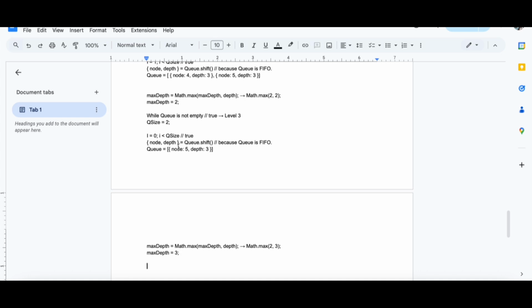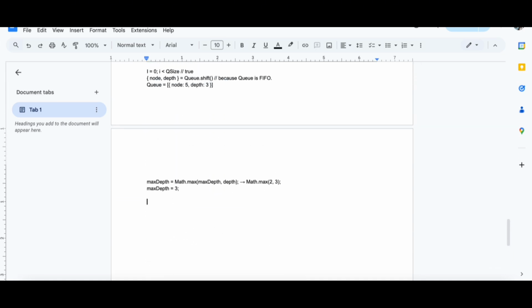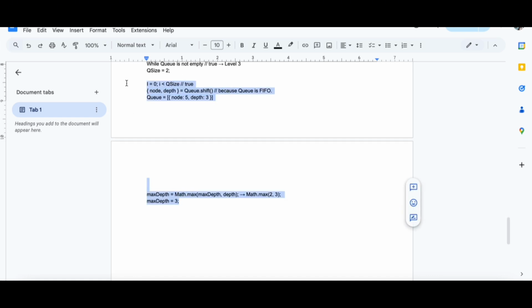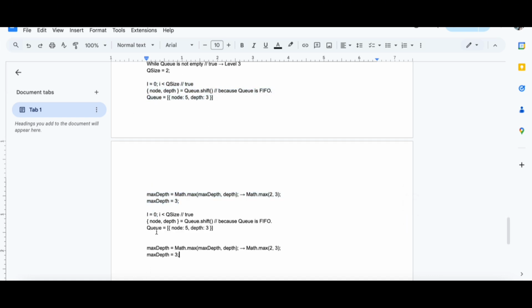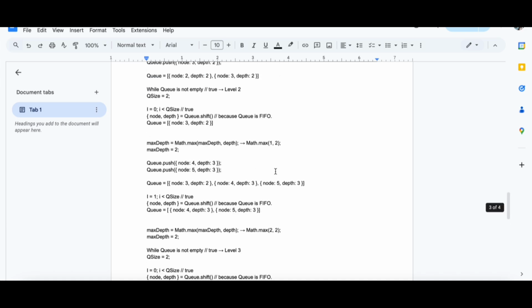And because the current node 4 doesn't have any child node here, so we just continue to explore the level 3. This one is 1. Now the Q is empty. Okay, now this will be 3 and 3. Then we exit the loop and return max depth, which is 3. I think like this is all for the dry run.